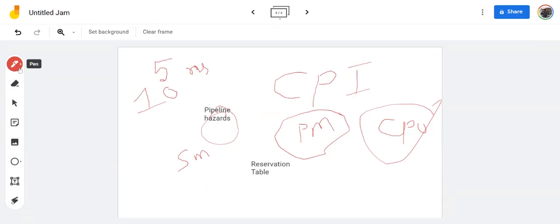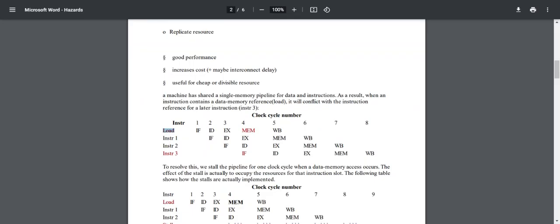Let's assume that memory type operation will be required here. In simple terms, you can think of it like CPU has to do some operation on the memory, right? In the fourth clock cycle. Here, right? Now, in the same clock cycle, if you try to fetch instruction 3,